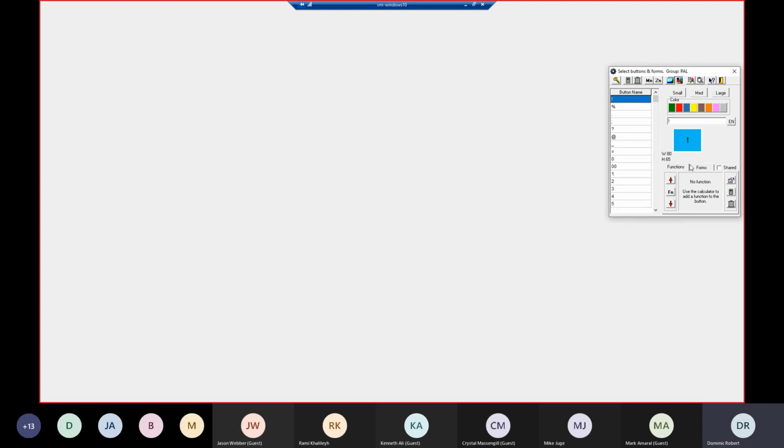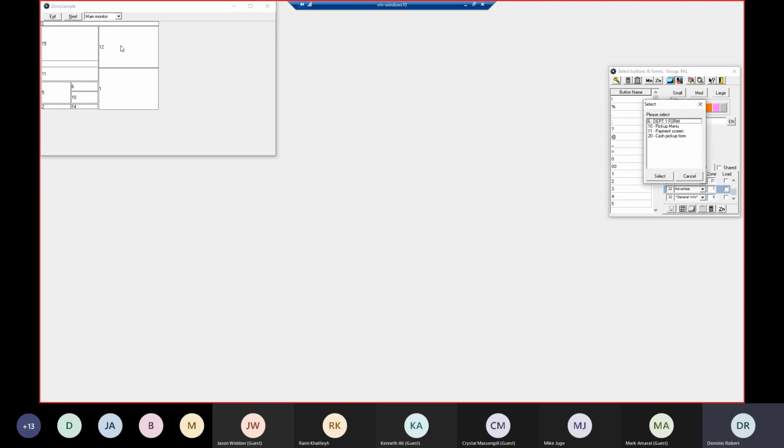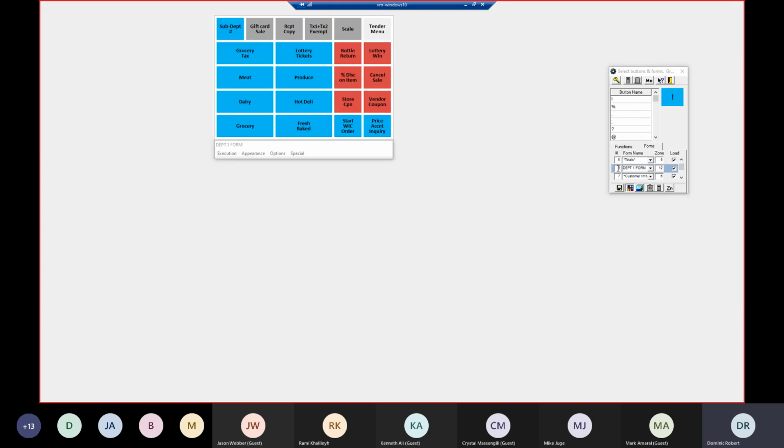If I go with a form that includes buttons, let's go back to my main monitor since I don't have any buttons on the customer one. I go to my department form, which is zone 12 with form 6. Again, I see my buttons that are assigned to it. I believe I showed you quickly how to add and remove buttons. When you want to remove a button from a zone, you can just double click on it. You have the option to delete it,